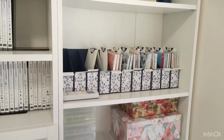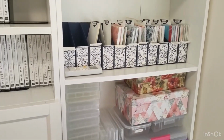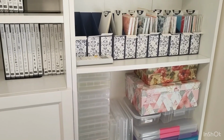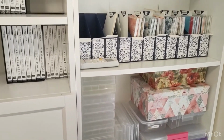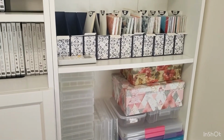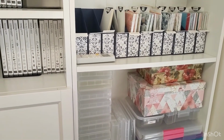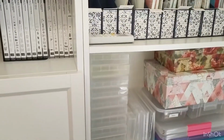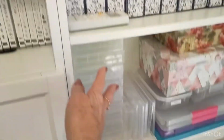My 6x6 DSP stacks, they're all labelled. I've just pulled out all the retired ones that I had in there, hence the couple of empty ones on the end. They're ready for the new catalogue, but they're all pretty much current at the moment. And then a few spares of different things. These are the